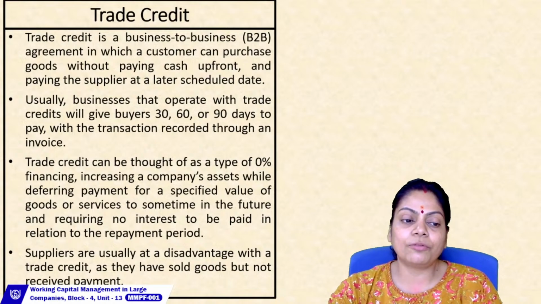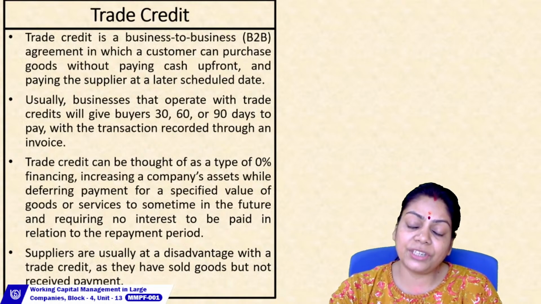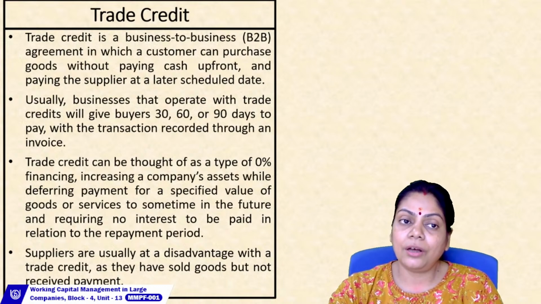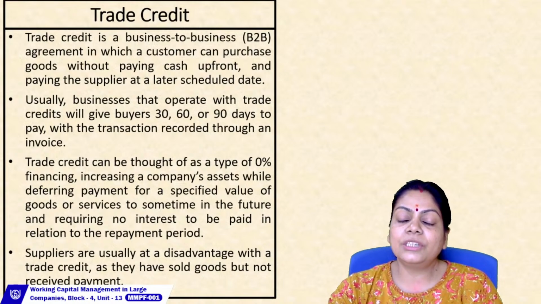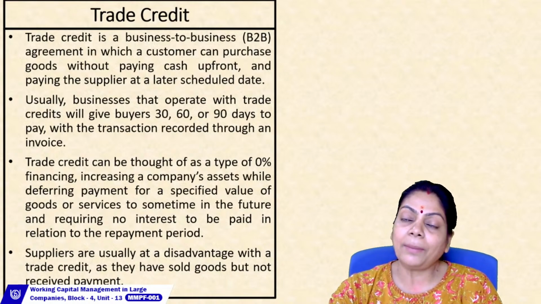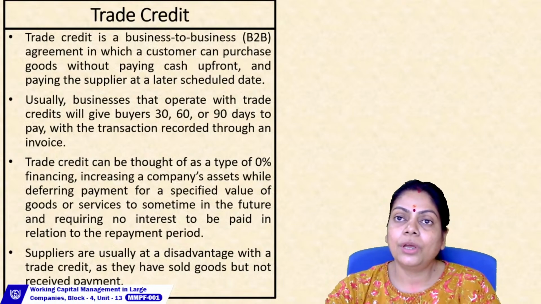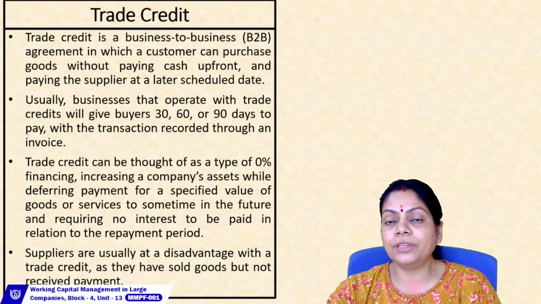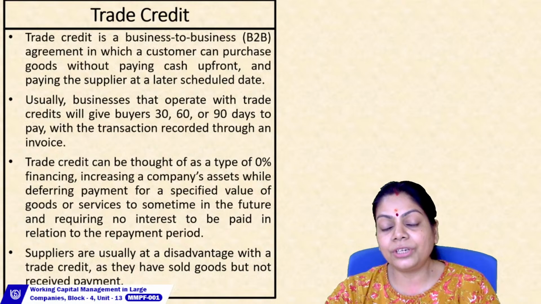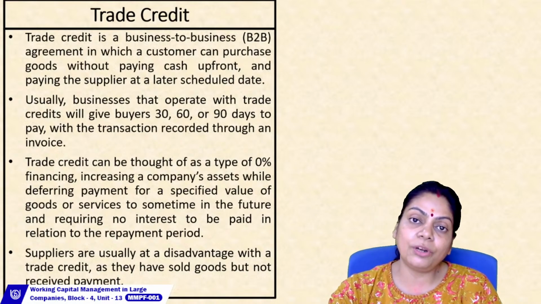So that's a source of finance. Now, similarly, the suppliers here, if you are stretching the credit period that is available to you, it is usually a disadvantage to the supplier, because his line of credit is open. So if he doesn't receive the cash on the first of the month, then for another 3 days, how will he manage? He will have to arrange sources from another place, which will cost him.